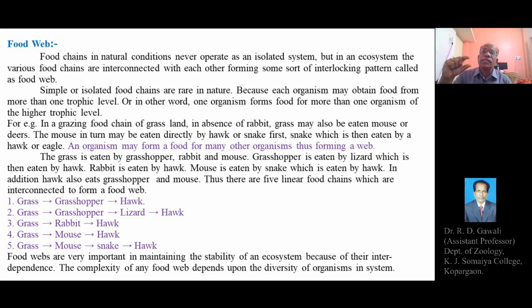Means the grass forms a food for three different types of organisms or herbivores such as rabbit, mouse, deer, even cattle. So there are so many animals which can feed on the grass. Even the insects, there are several species of insects that are also feeding on the plant or the plant parts. Means in a grazing food chain only, the grass serves as a food